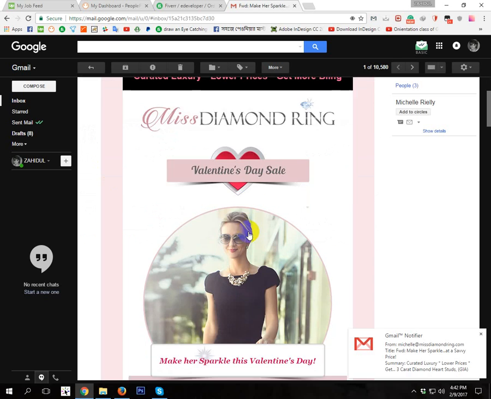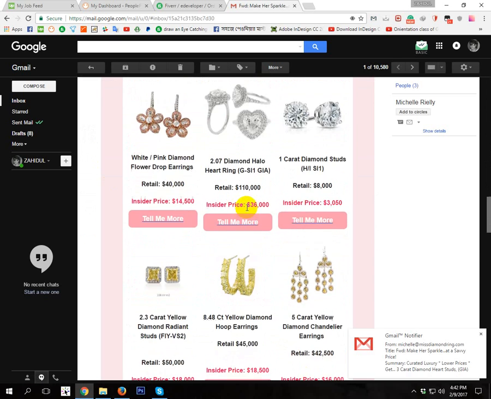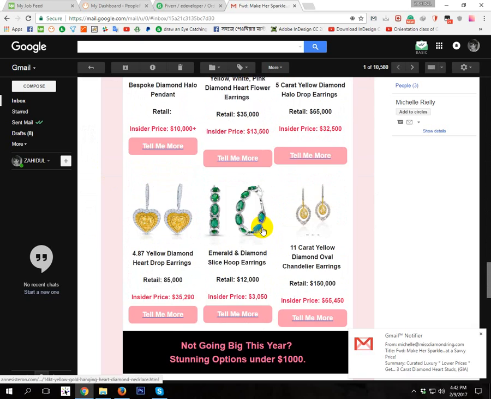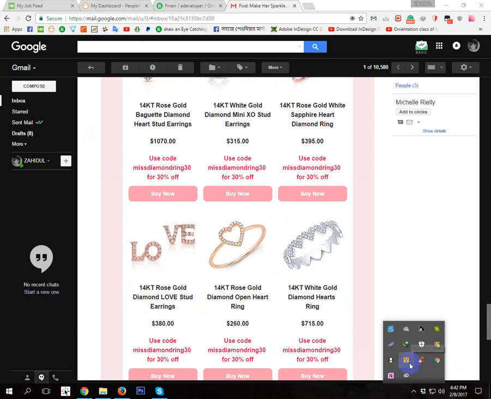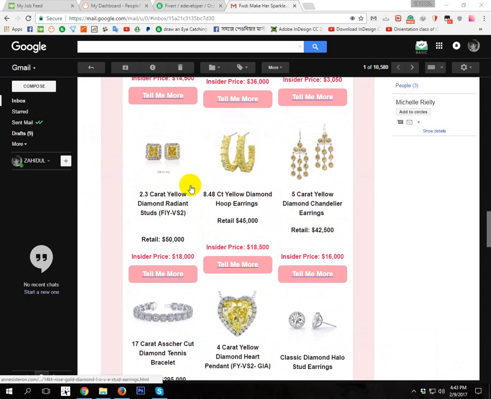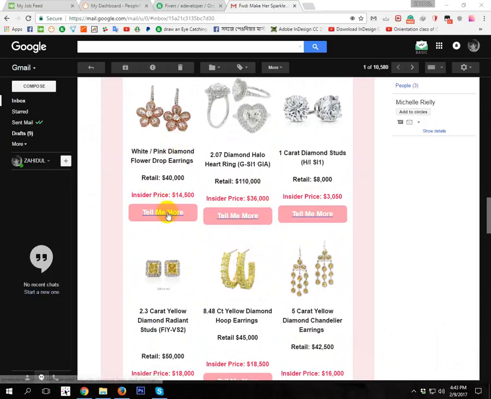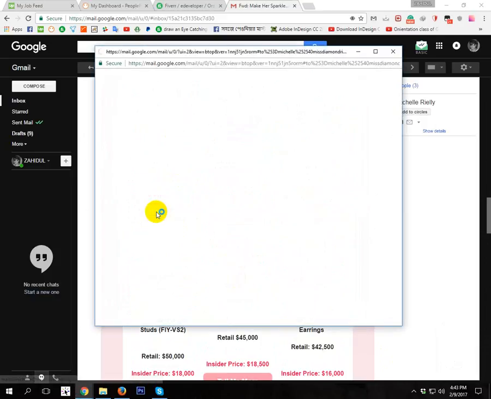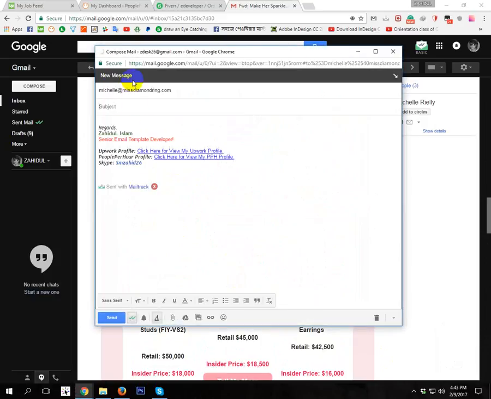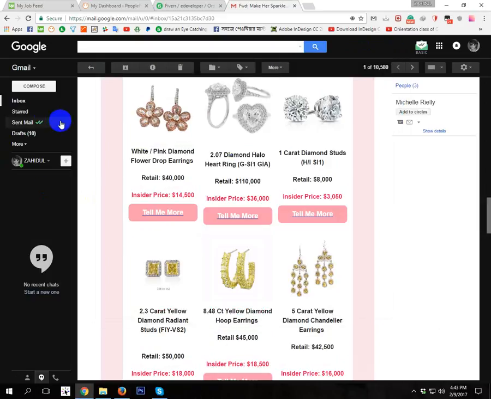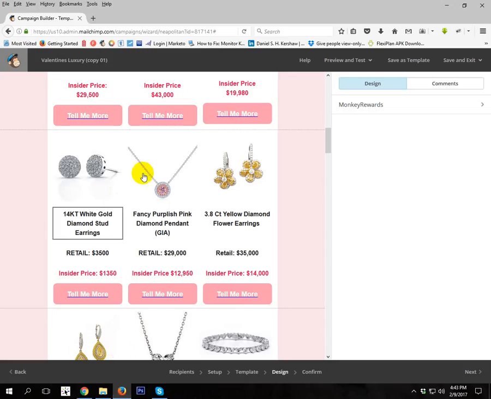Okay, look at this, all of the images are loading here, and also all of the tell me more buttons are linked now. I just click one button, and you can see here this new mail sending option is open. So this is working perfectly in this template.